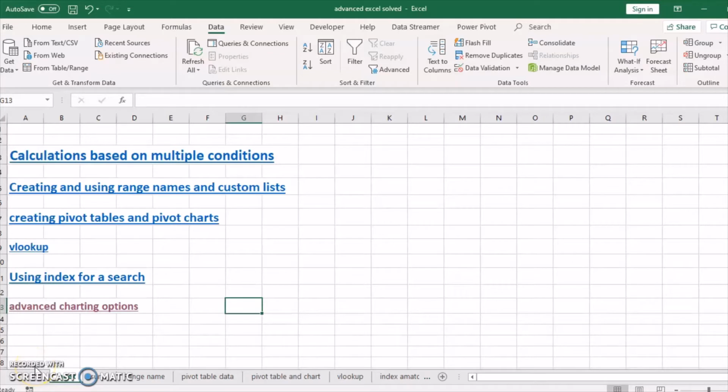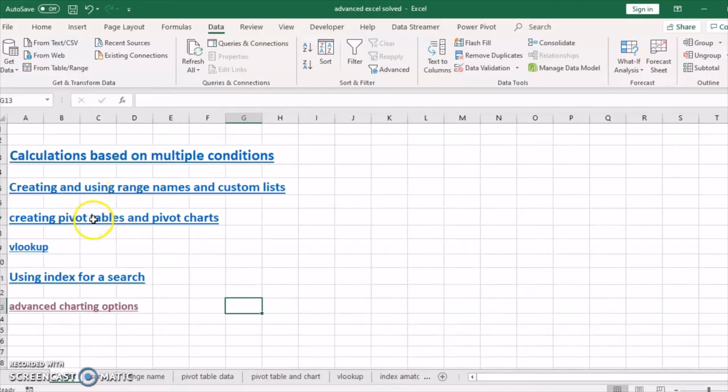I'm going to take you on a small tour of the topics covered in Advanced Excel. The first topic would be calculations based on conditions. Conditions may be a single condition or multiple conditions, so we will be looking at that. Then effective use of formulas, so that you don't have to remember the cells in which they are contained, and effective use of repetitive data.